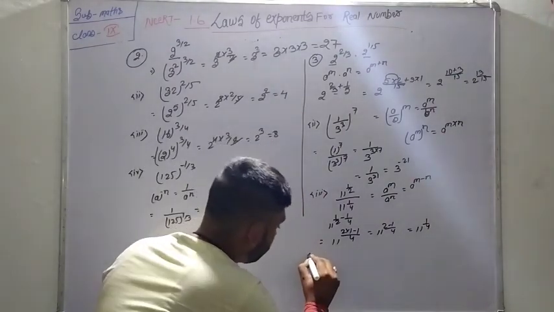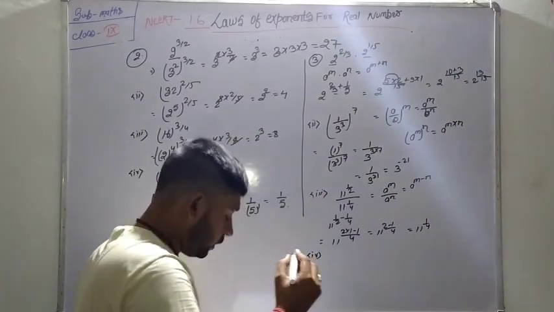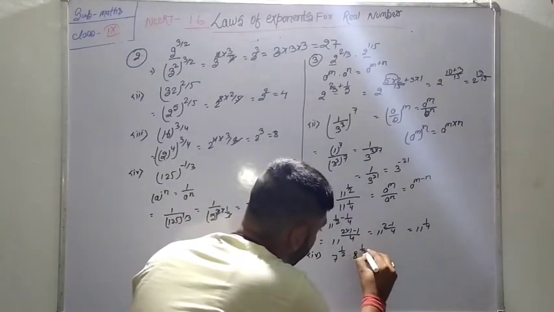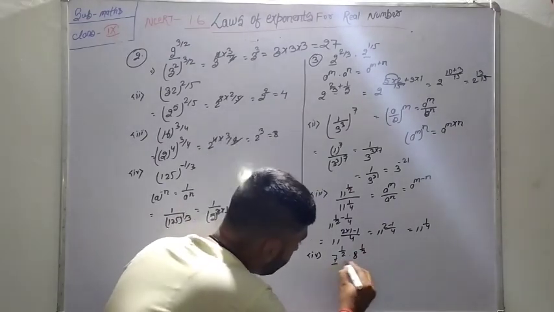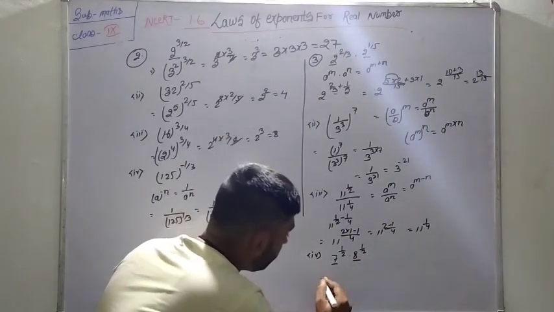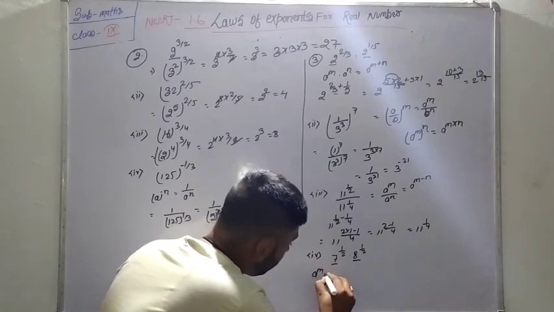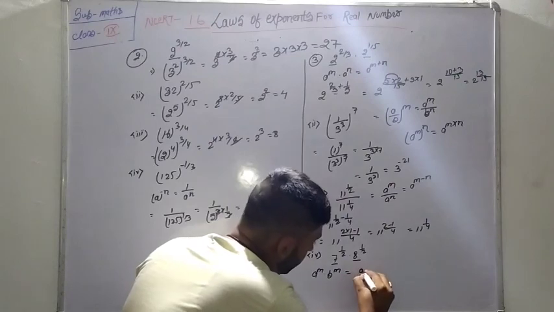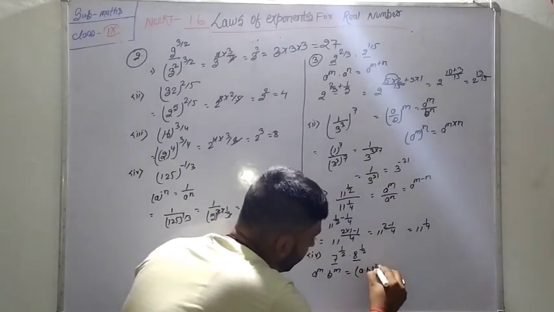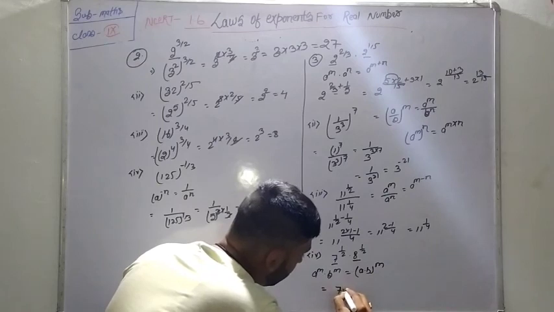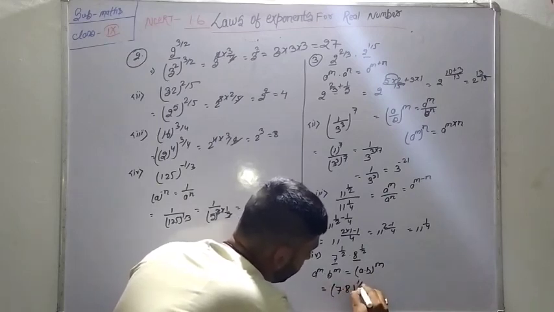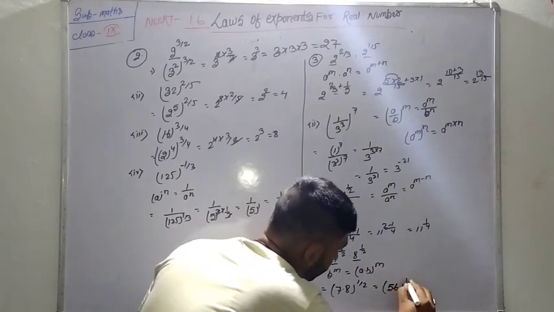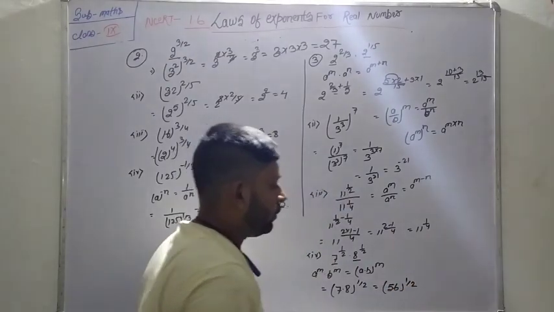And now, problem number 4. Take 7 raised to the power 1 upon 2 into 8 raised to the power 1 upon 2. Here, both the bases are unequal. So we know that A raised to the power m into B raised to the power m is equal to A multiplied by B raised to the power m. So we multiply 7 into 8 raised to the power 1 by 2, which is equal to 56 raised to the power 1 upon 2. That's called